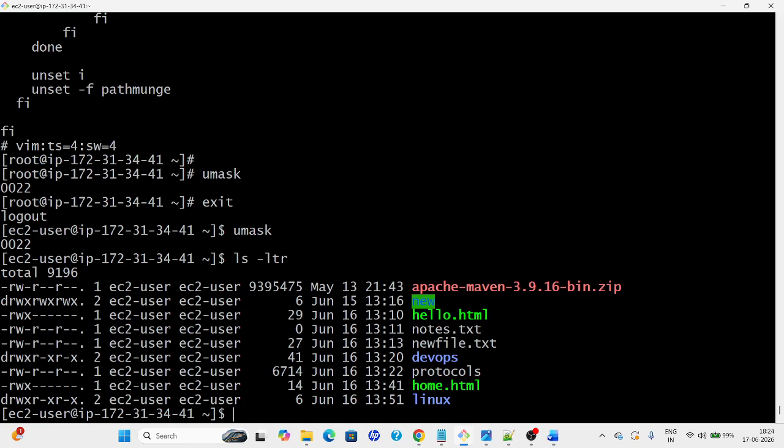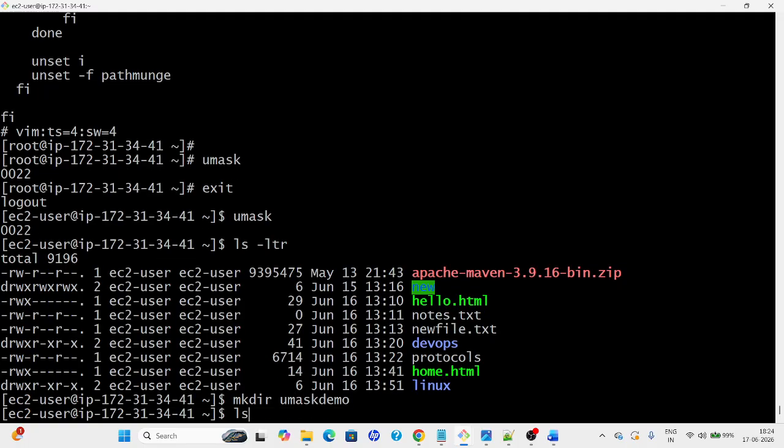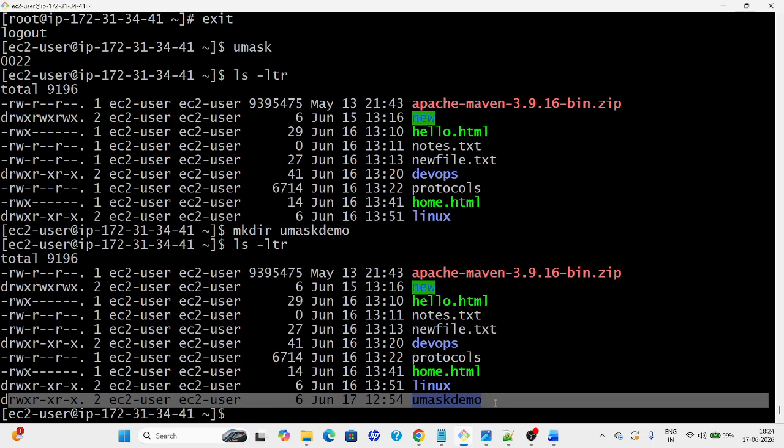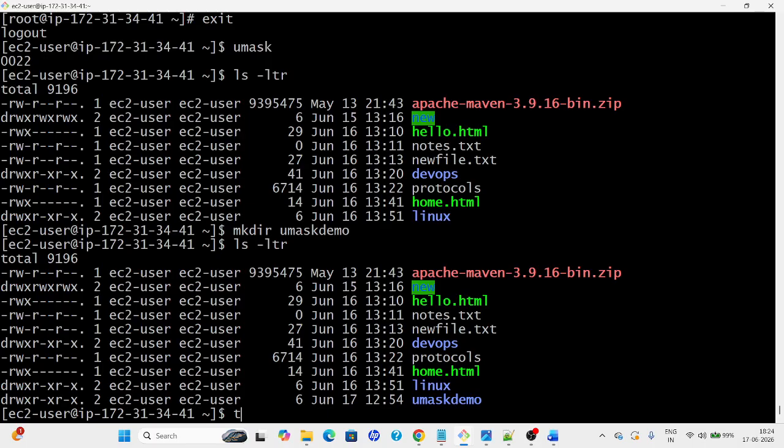When I create a directory with mkdir umask demo and run ls -ltr, see, for this one also it has taken read write execute, read execute, and read execute. These are the permissions created for the directory. And if I create a file,